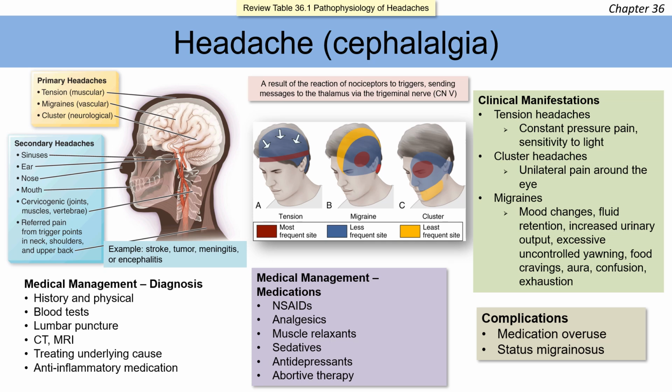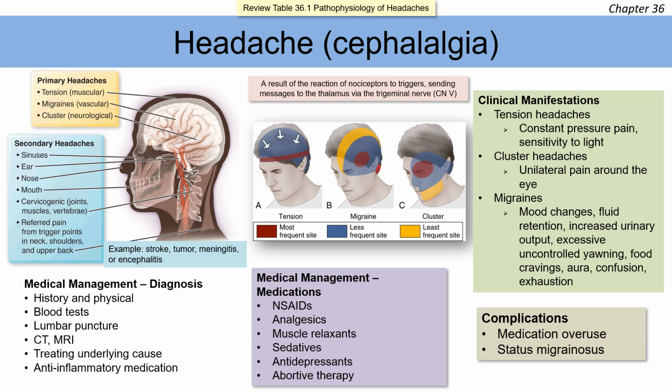Patients often describe the pain as constant pressure to the face, head, and neck, and often complain of sensitivity to light as well. Then we have cluster headaches, which are considered neurovascular, so neurological. These typically present with severe, unrelenting, unilateral pain in and around the eye. Okay, so think cluster headache,